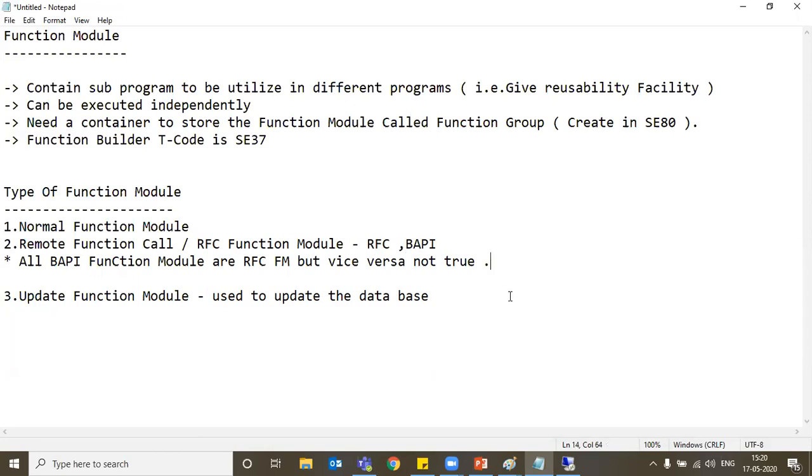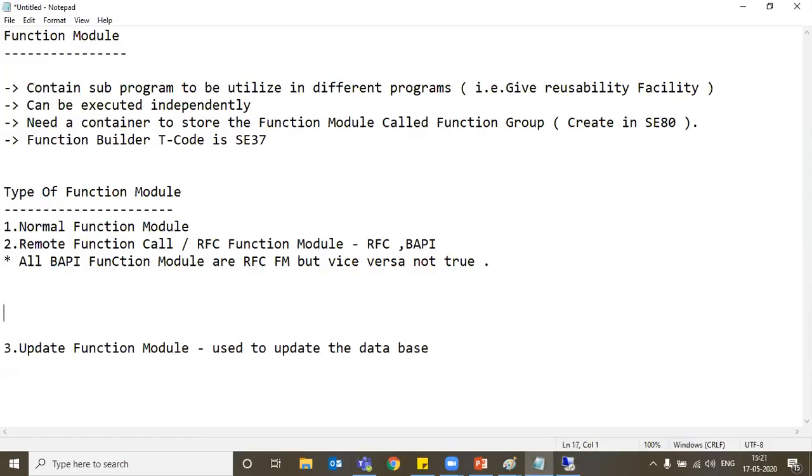Now let us talk about the last one, the update function module. Sir, what is the difference between BAPI and RFC? The main difference is the business object, BO.